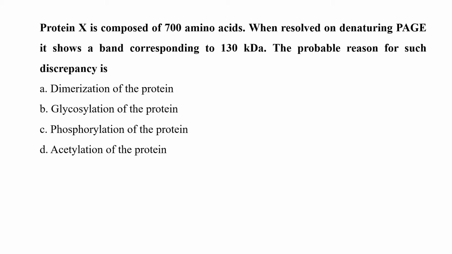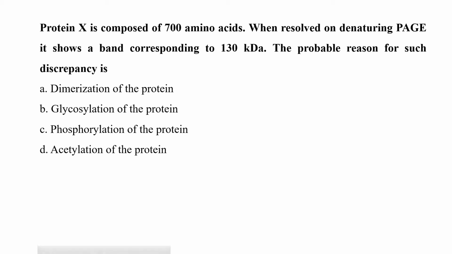Glycosylation of proteins refers to the covalent bond formation between sugar molecules and specific amino acids in the protein. SDS doesn't interact similarly with these sugars, and thus glycosylated proteins may appear as a smear at the end of the electrophoretic run, while other proteins are resolved properly. So the correct answer is B,